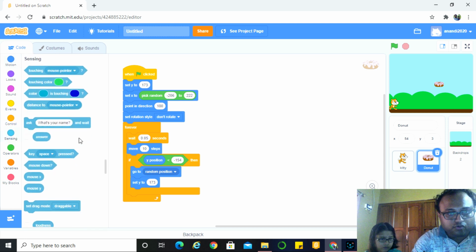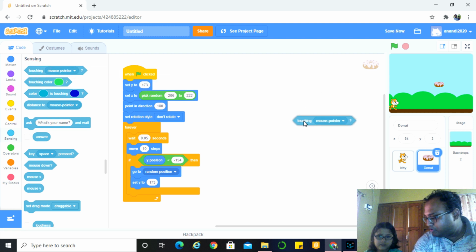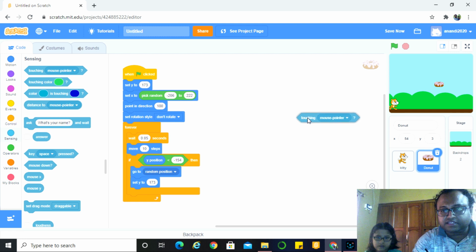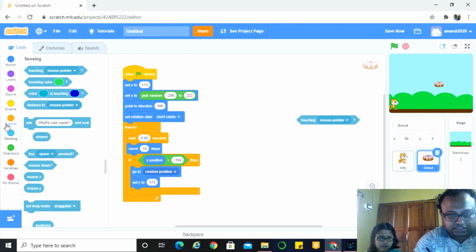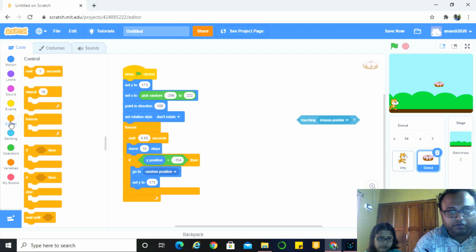You will do that using a sensing block where we have a block called touching. These need to be put in a condition. When the cat touches the donut, something will happen. So you need an if block.